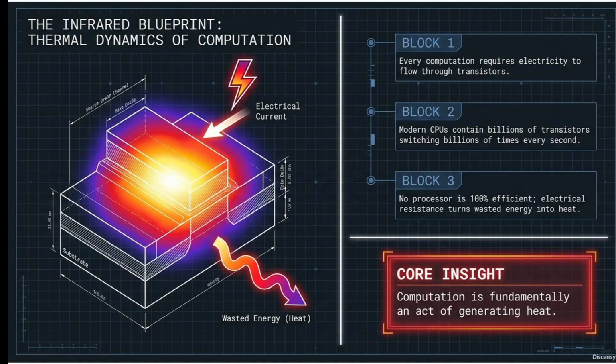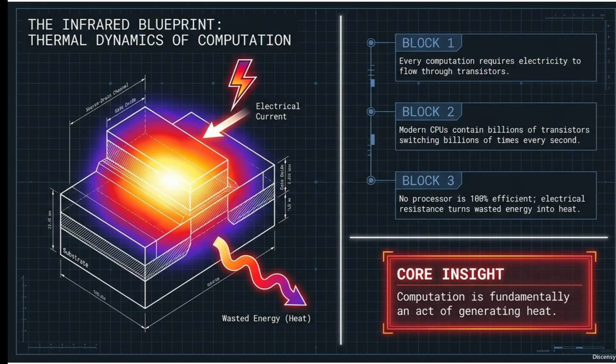Let's first get to know how heat is actually generated. We know that to run computers, we require electricity, right? So this electric current is required as the food for the computer to run any sort of computations. And the subsidiary product which we receive, which is the excess, is the wasted energy which is converted into heat. So the residue of what is not used by the system for computing is released in the form of